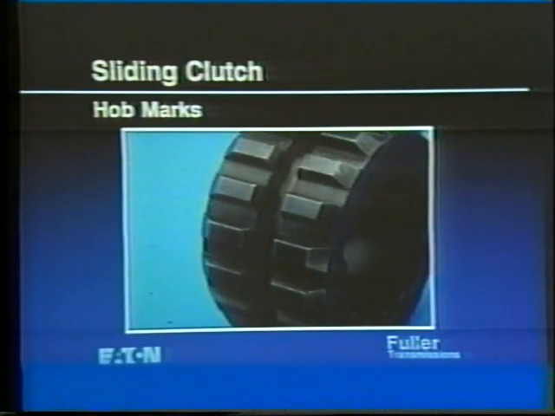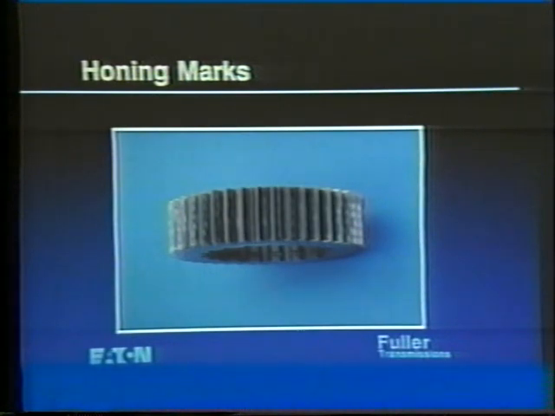Sliding clutches are not shaved, so the hob marks will remain on the teeth. Some Fuller transmission gears are honed after heat treatment to improve the finish on the tooth faces. The honing process will remove some of the shaving marks, giving the gear a used look. The appearance will vary from teeth in which only a small portion appears polished to ones where the entire face